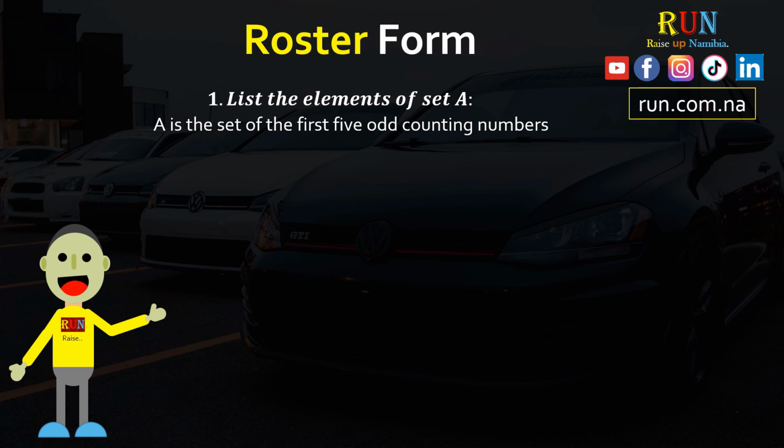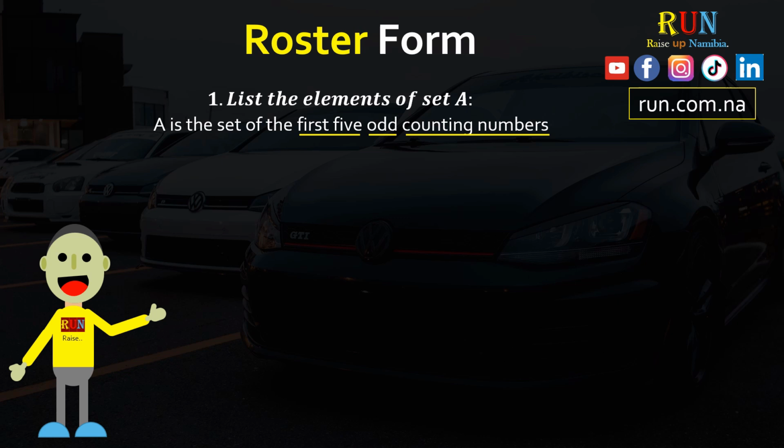So, here we are asked to list the elements of set A. And then we have a description there to say A is the set of the first 5 odd counting numbers. Now, when you have a description, take note of specific keywords within the description, okay? For example, this one, A is the set of the first 5, okay? Then you have odd and counting numbers, okay? So that now when you go list, you make sure you satisfy these keywords. So let's start listing these